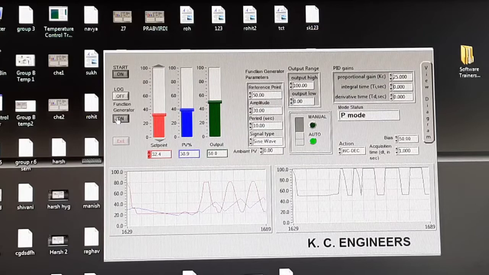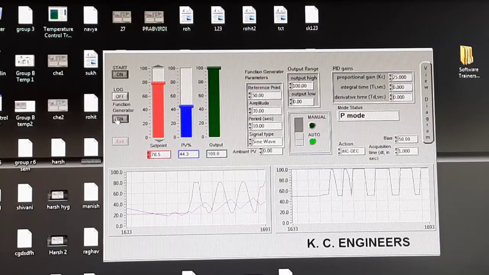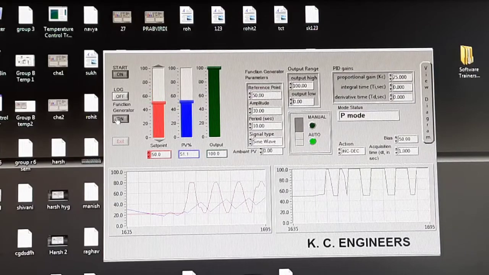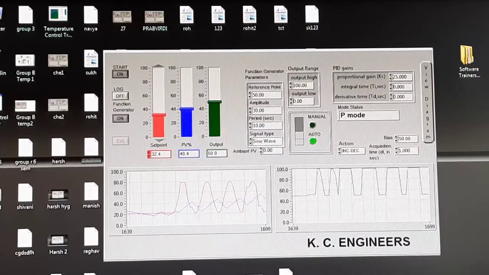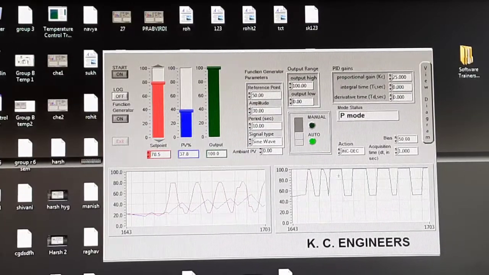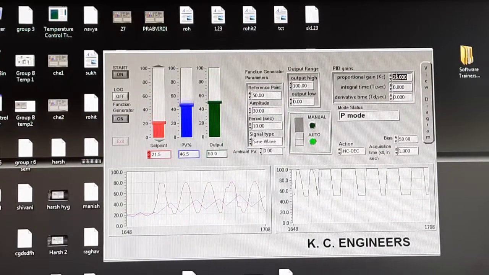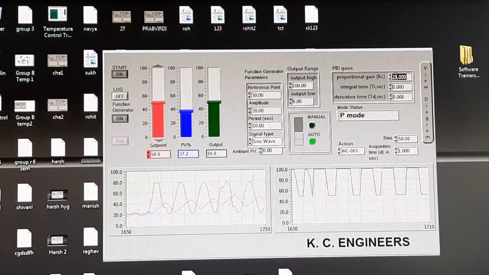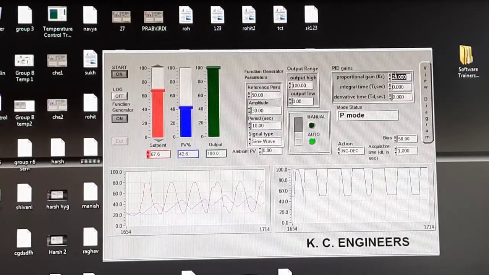So I have kept the proportional gain value as 25, and you can observe the fluctuation in the process, right? How can you observe the fluctuation? You can see the PV value is fluctuating, the output set value is fluctuating, and the output value is fluctuating. So we will try to minimize the fluctuation. Not minimize the fluctuation, rather we will try to bring smooth curves by changing the Kc value,